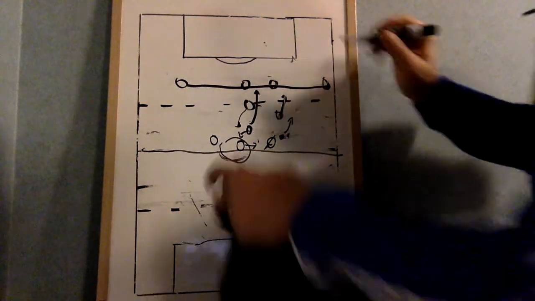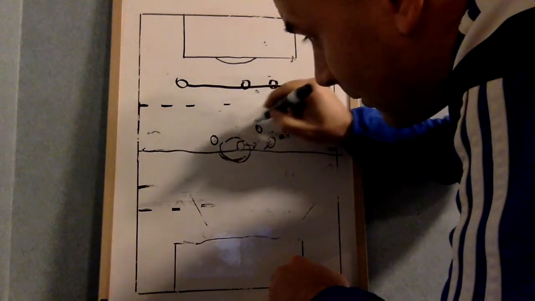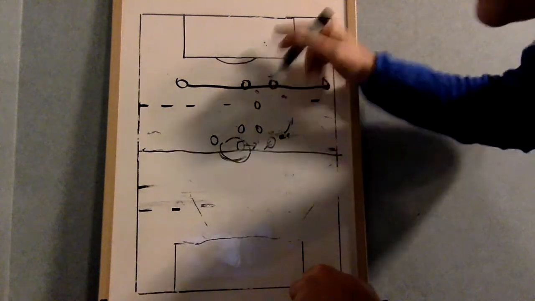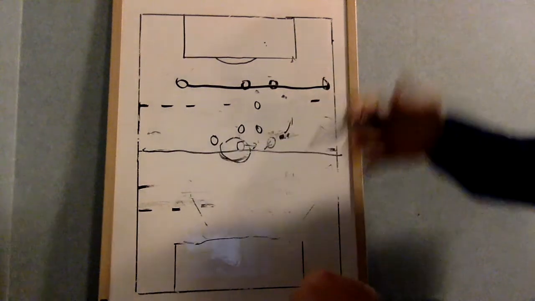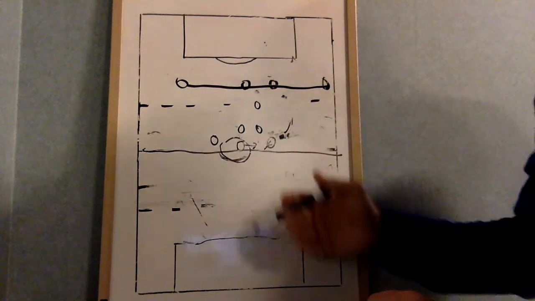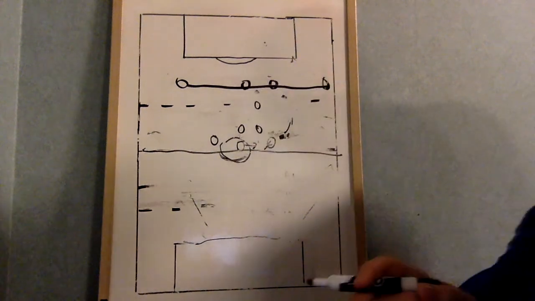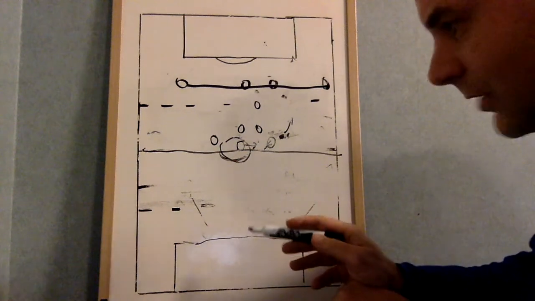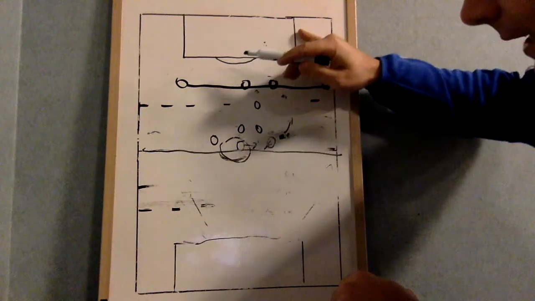Maybe it's a little later in the game and you're going to manage the game a little differently. So maybe you keep your number 8 home and your number 6 home, and maybe only your number 10 goes forward. So now you're attacking with 5 and you have a little extra defensive cover here. Formations, again, there's flexibility, there's philosophy that goes on, and you have to teach your players how to be good decision makers. So for this first lecture, what I want you to keep in mind is defensive, middle, attacking,